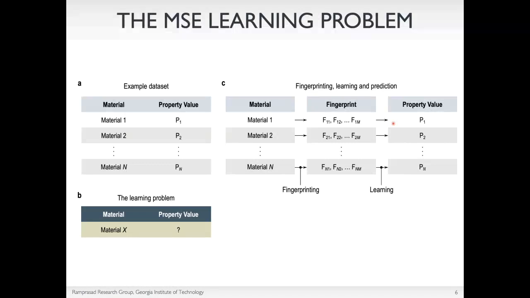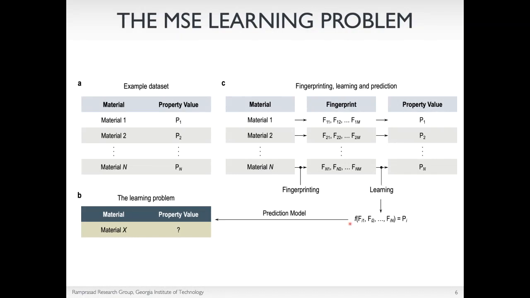There are two key steps. The fingerprinting step, in which you convert each of these material names to its fingerprints. Right? We're calling the fingerprints the vector F. So you have several components in this fingerprint vector, and this vector F gets mapped to the property P. That mapping process is what we call learning, right? So there is the fingerprinting step, and then there is the learning step. If you can effectively do the fingerprinting and also the learning part,